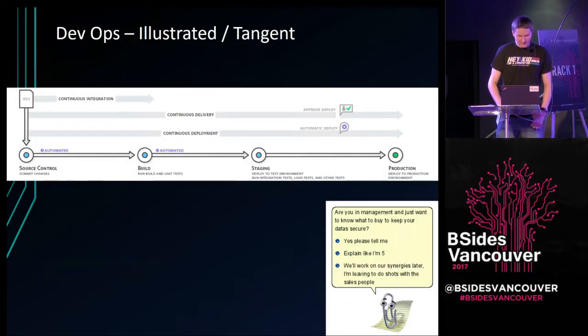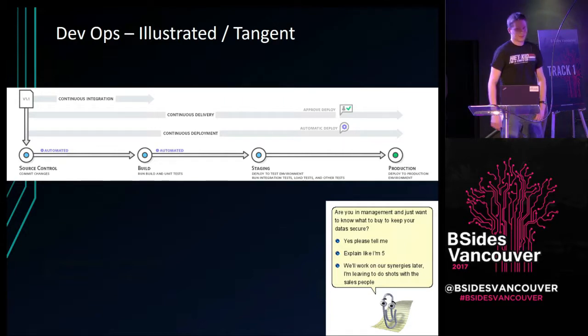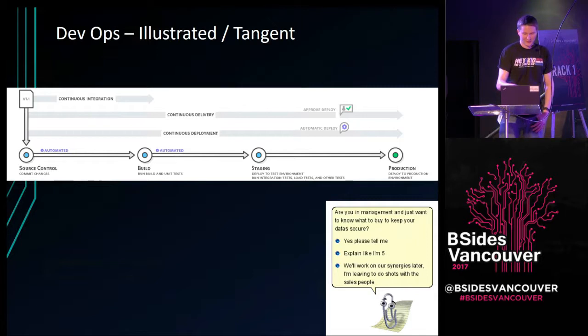And to illustrate this a little more and put it all in perspective, I don't think you can actually see this. We've got projectors everywhere, but it's still hard to see. Basically, the top line is continuous integration. That's the start of your DevOps process. The next line is continuous delivery, and you'd use this if you've got a manual deployment approval process or if you're making software. Otherwise, the next line down is continuous deployment. And at the bottom, it shows you start from source control, you do a build, move over to staging,